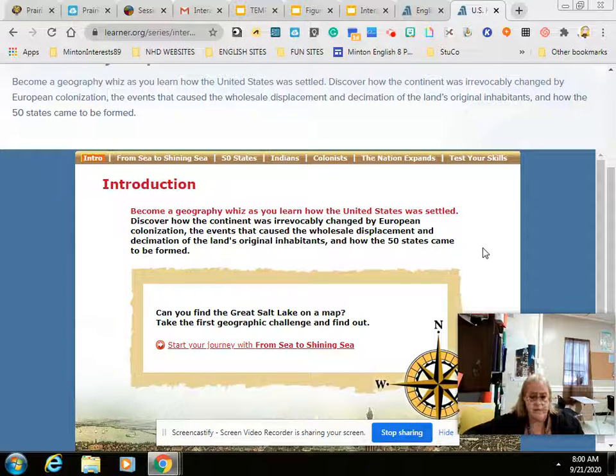And the Native Americans, the people that were here before, are completely either massacred, just gone, or displaced. And so we need to know where they ended up going. And then we want to think, remember again, why do people do the things they do? So this is an important lesson that we are learning so that we can move into the 1800s and understand